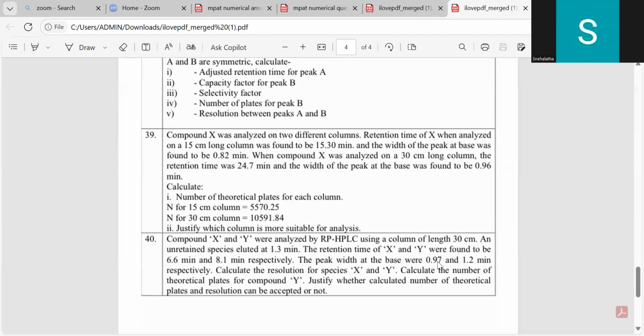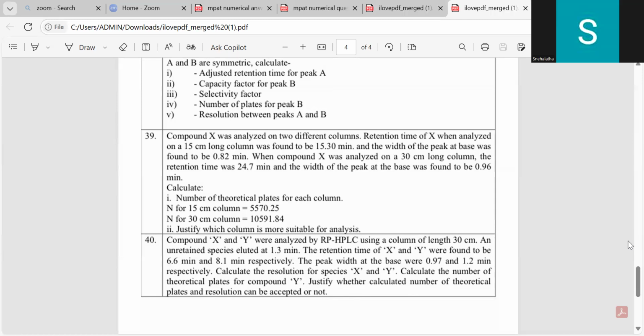The peak widths at the base are 0.97 and 1.2 minutes respectively. Calculate the resolution for species X and Y. Calculate the number of theoretical plates for compound Y. Justify whether the calculated number of theoretical plates and resolution can be accepted or not. So first we need to calculate the resolution between X and Y and also calculate the number of theoretical plates for compound Y. The answer is,